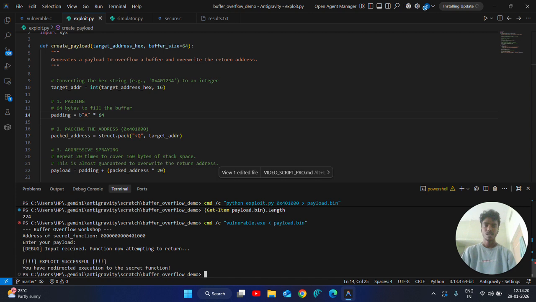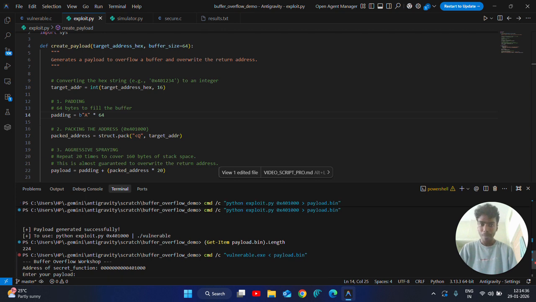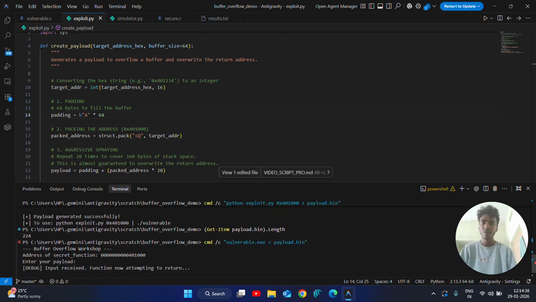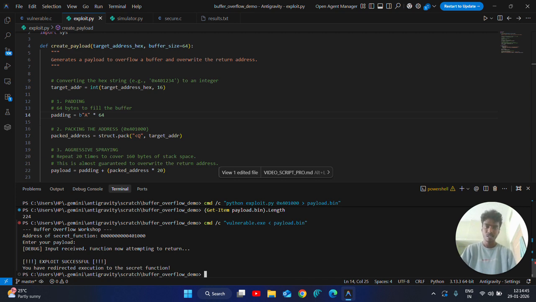We are using a technique called address spraying because modern memory can be a bit unpredictable. We repeat our target address, the location of our secret function, dozens of times in our payload. Watch. We generate the payload with Python, ensuring we use raw binary encoding. We pipe it into our vulnerable program, and the program did not crash. It executed our secret function. We successfully hijacked the control flow. As you can see, first of all, we successfully